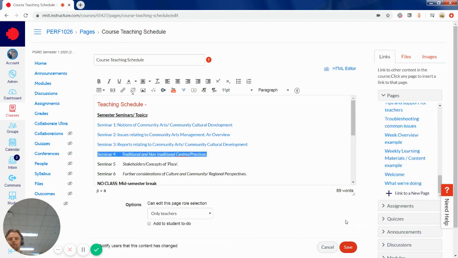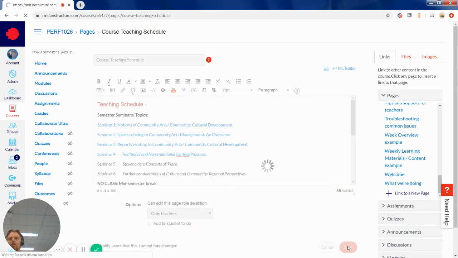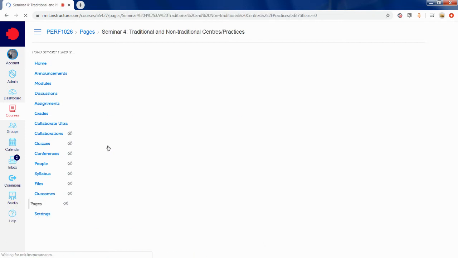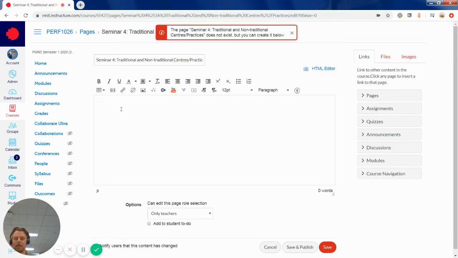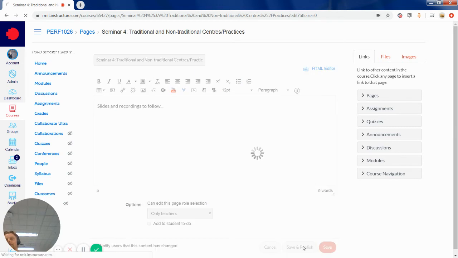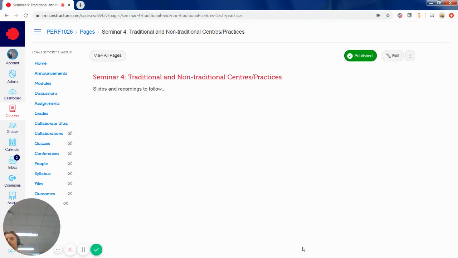So when I save that, I might just do something else. No, I'll save that now. When I save that page, all that's happened is we've created a link for Seminar 4 to go to an empty page. So we click that link, and there's the empty page for us to edit. Slides and recordings. And save and publish that. Okay, so that's the page, and when we have the further details, we can put it in there. But if we go back to the